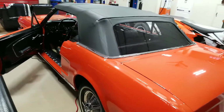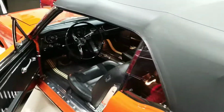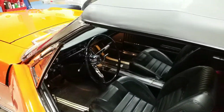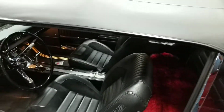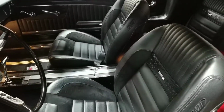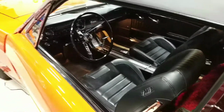This car was actually taken 2 years ago to the fall October AACA meet in Hershey and was judged, and it had these TMI seats in it. We didn't have the extra spare set, so it got docked the points on that, but overall it got a second junior award,